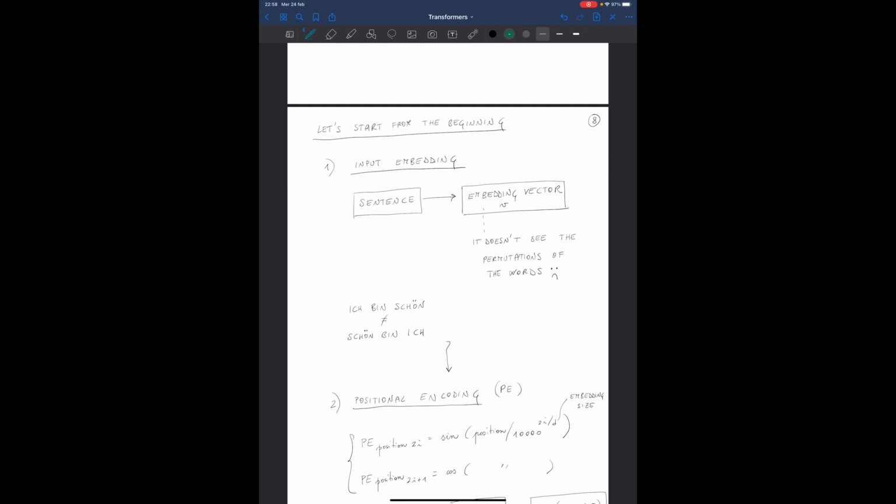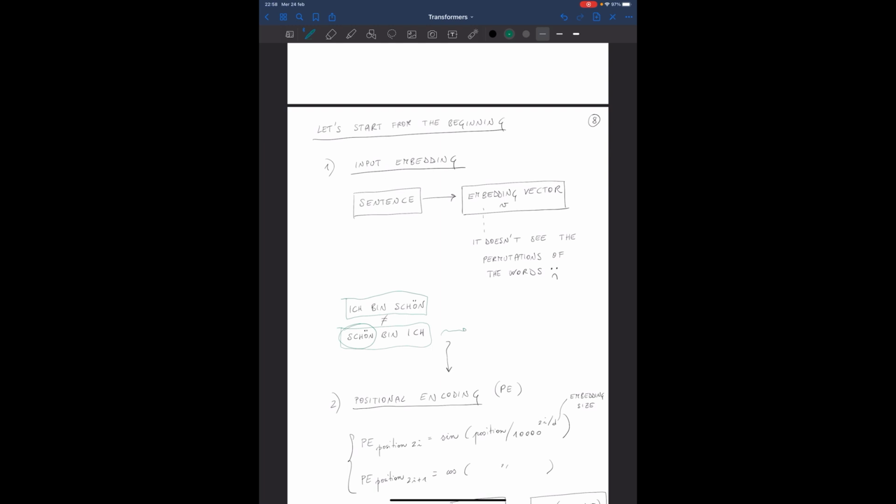This could be a problem because imagine that you have these two sentences. So, ich bin schön. It is different in meaning, I mean. It is different from another sentence like schön bin ich. Why is it so? Because maybe since I put schön bin ich in front of this second sentence, maybe I should translate this second sentence